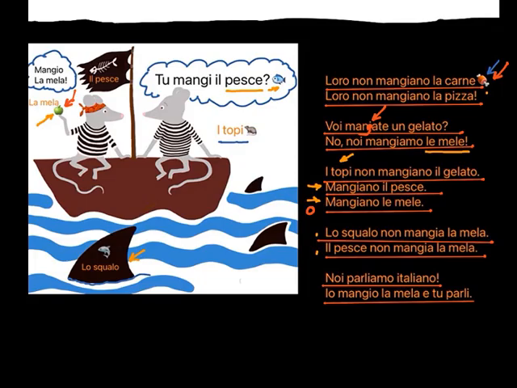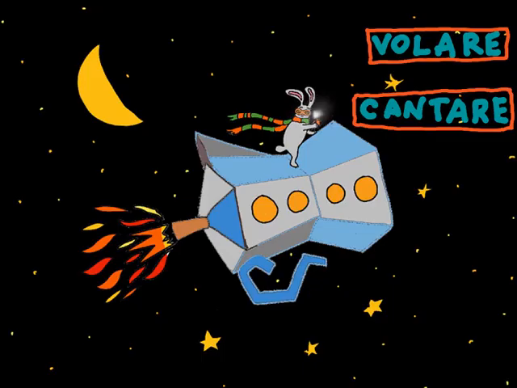are. And let's see. Let's pretend we have here an adventurous rabbit who is flying on a mocha coffee maker. And so you have two verbs in here, volare, which means to fly, and cantare, to sing. So let's say a rabbit is flying and singing. Could you make sentences about that? And if you need to, you're welcome to go back to the page 1 and to see the conjugations and